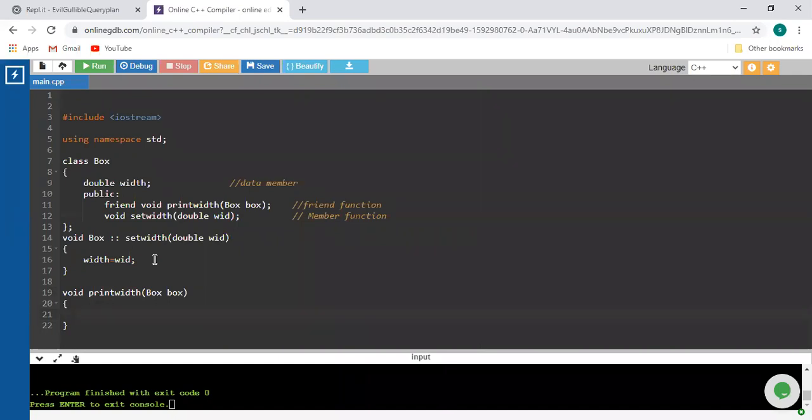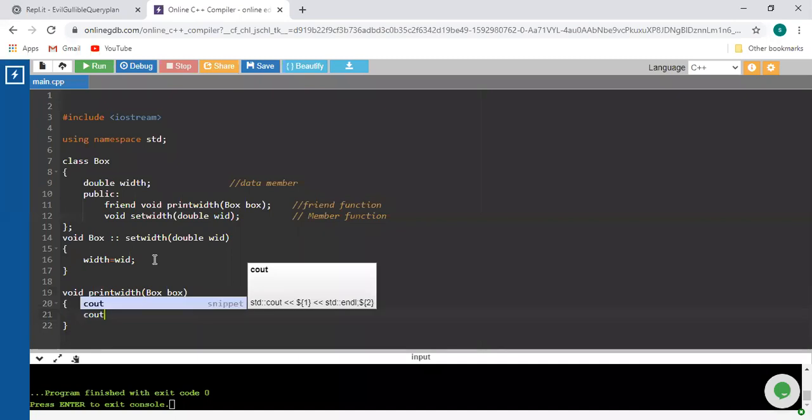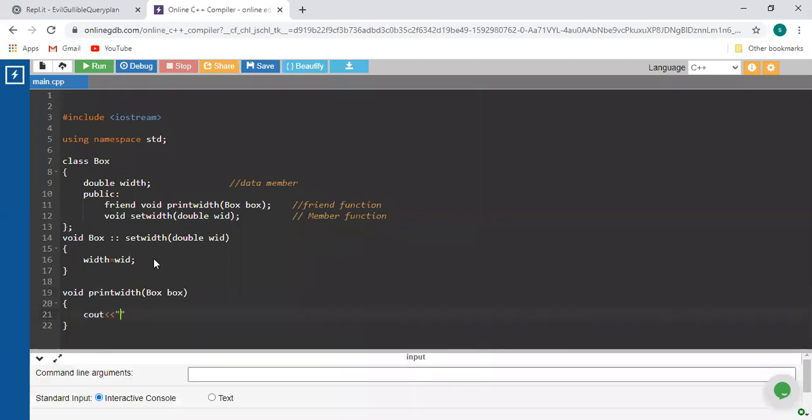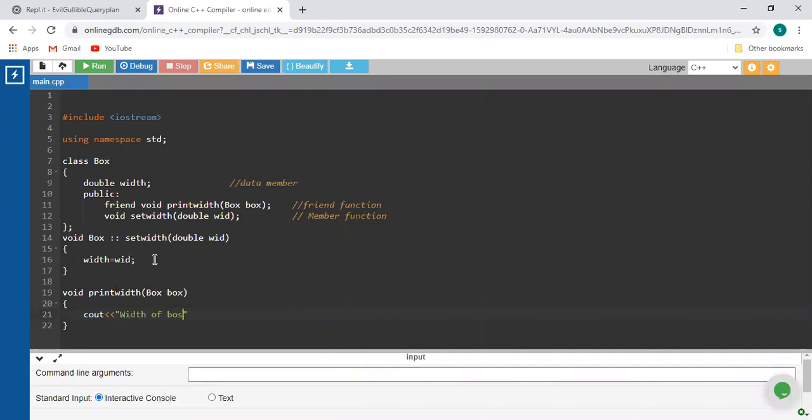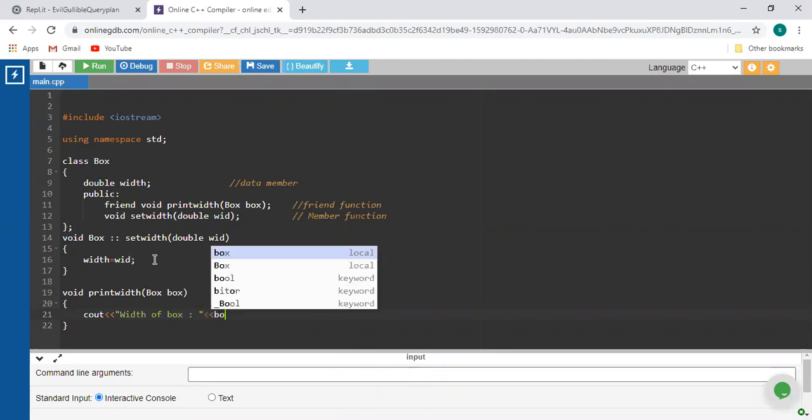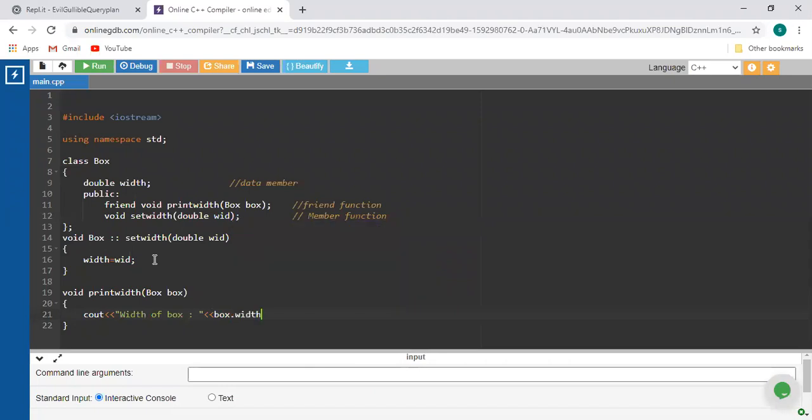So now just display that particular width, width of the box, because we have considered that box, and with the help of that object we are directly using the member of that particular class.